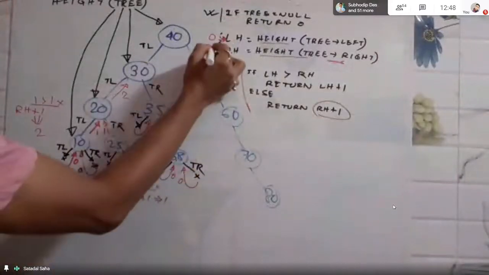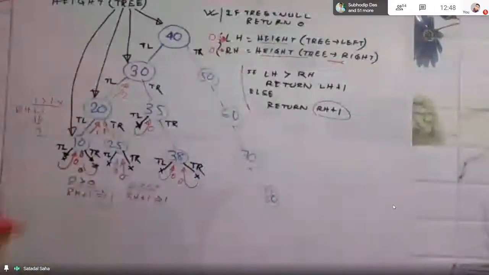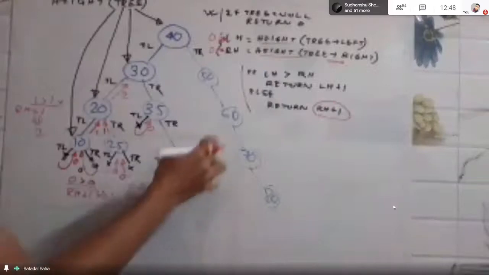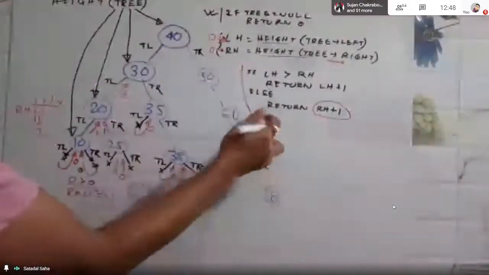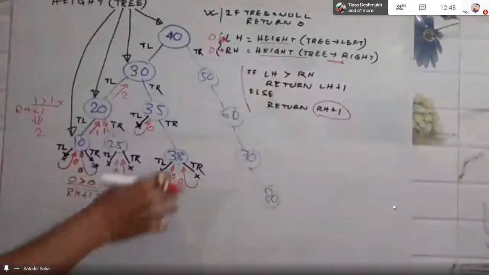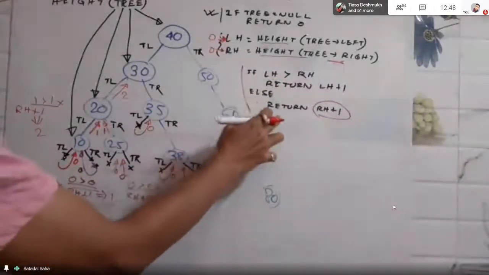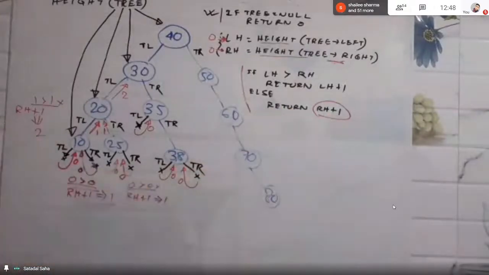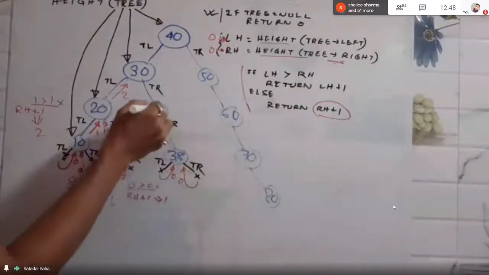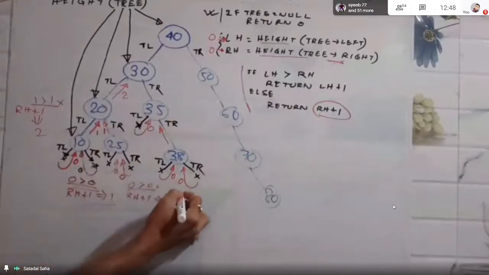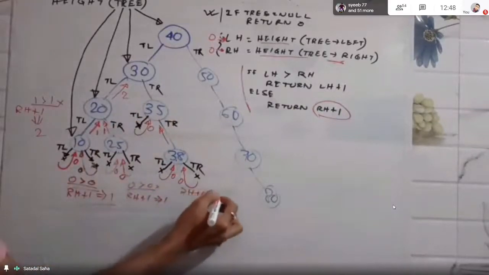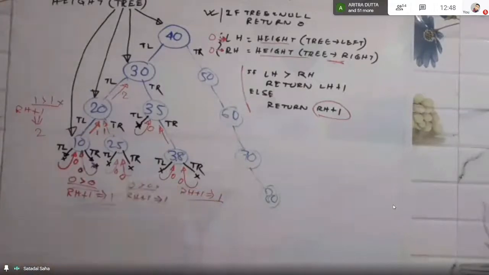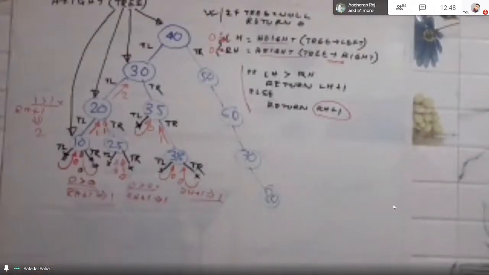So it will also return back a value 0. So sitting at 38, it will get two values from its left subtree and the right subtree. Both are equal to 0. Obviously, when this if and else will be executed, this else part will be executed because right and left both sides are equal to 0. Both are equal, so it will go to the else part and it will return RH plus 1. So it will return the value to its parent, that is 35, with RH plus 1. RH plus 1 here equal to 1 because 0 plus 1 is equal to 1. So this 38 will return the value 1 to 35.